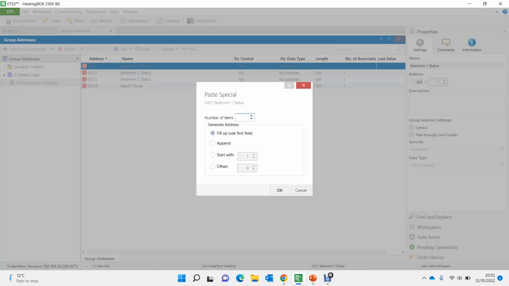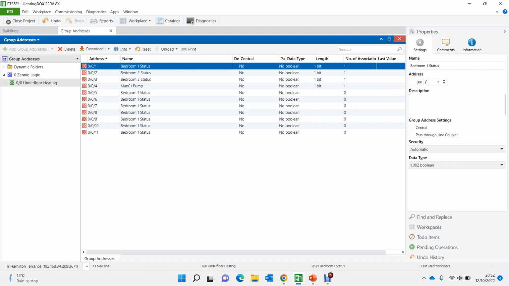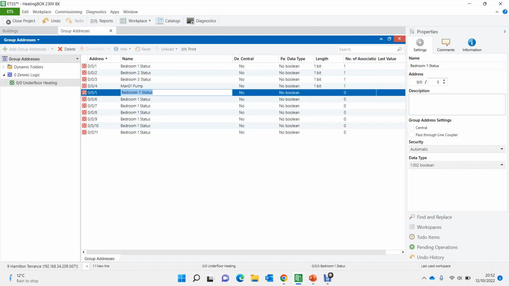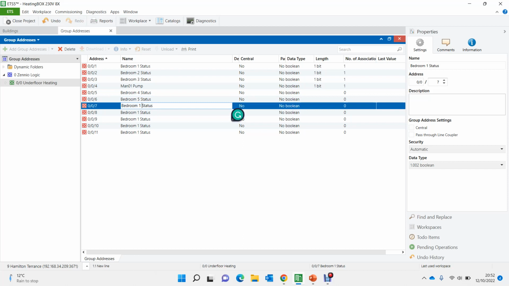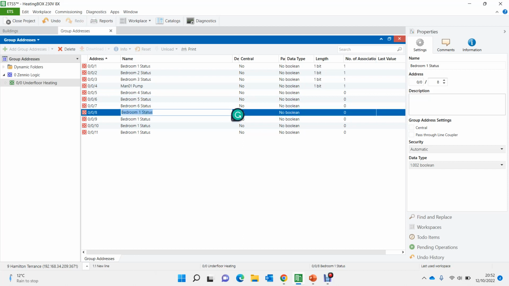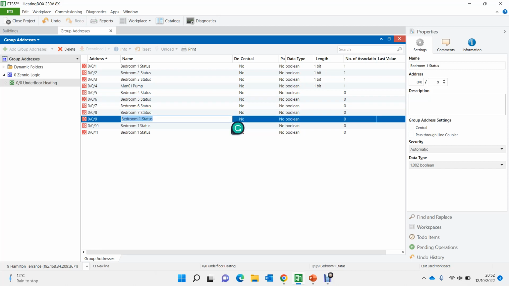So I got a 7 and 2. First I got 5 inputs and then 2 more inputs. So what I'll do, this one I'll change it to, this is bedroom 4 status, and this is bedroom 5 status, bedroom 6 status, bedroom 7 status, and this is our logic